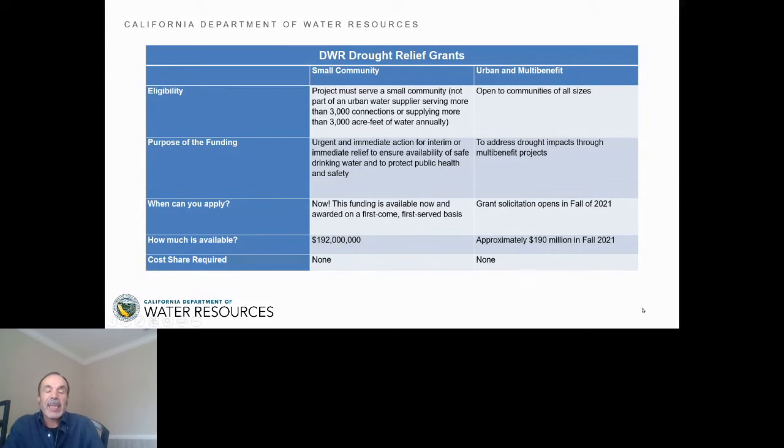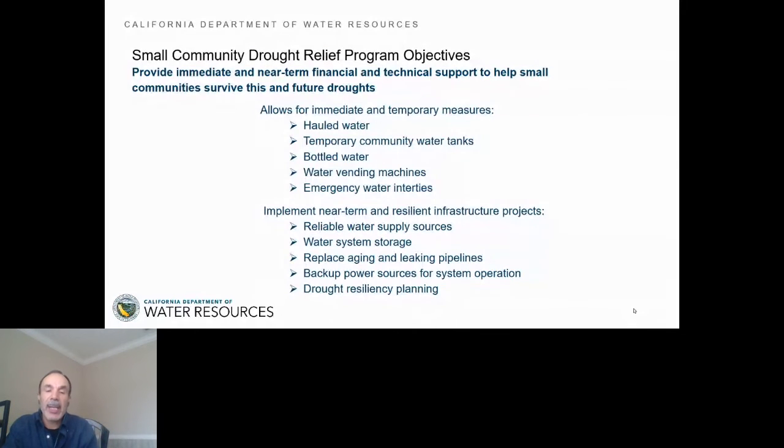Let's go over a little more detail on the Small Community Drought Funding Program and its objectives. As I said, it's meant to provide immediate and near-term assistance to small communities to survive drought, in addition to implementing some resiliency and infrastructure projects that will help in the future. On the immediate need, we are looking at bottled water, hauled water, temporary community water tanks, water vending machines, emergency interties, and the like. The program also funds acquiring or building reliable water supply sources, such as wells, water system storage, replacing and fixing system distribution pipes, backup power,